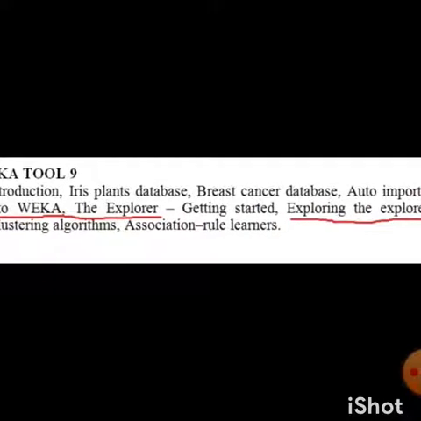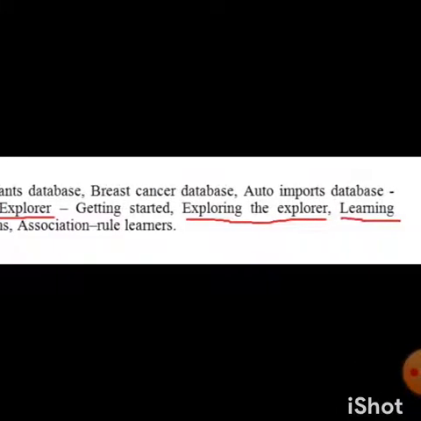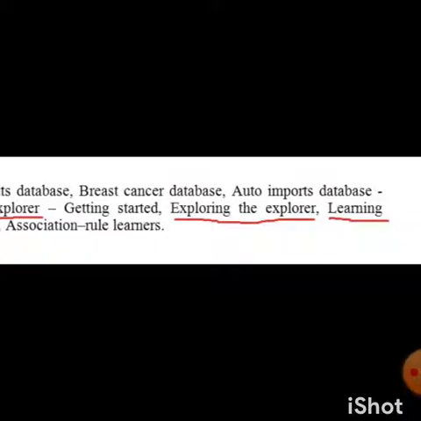Here we have two examples, the iris plant database and the breast cancer database. This information with examples is already given in the book. Better you take the book and study with these examples. The next topic is auto import.